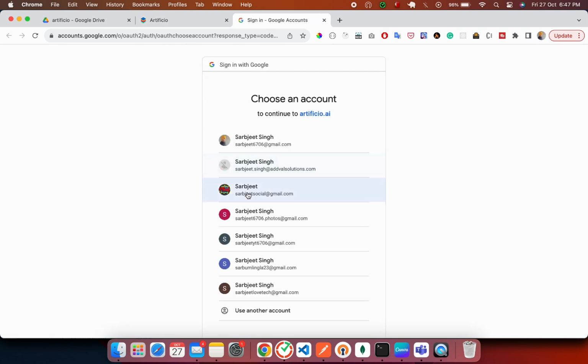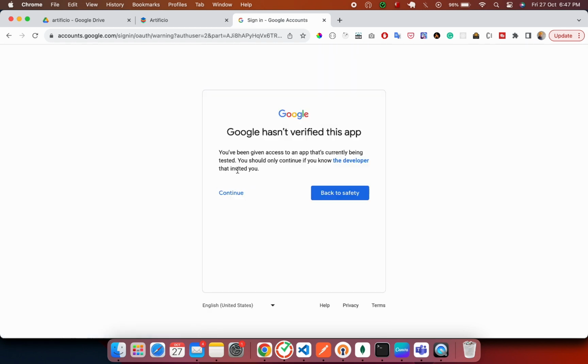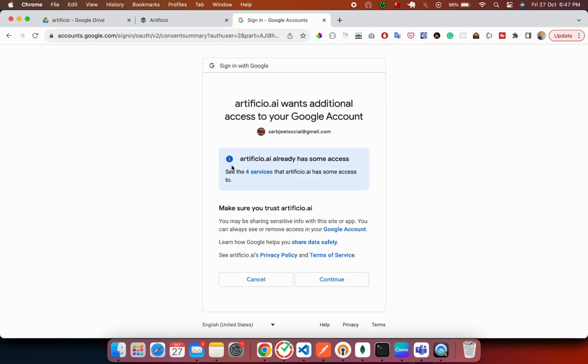we can select any email account, and this is artificio.ai, that's app URL, and this is in the verification mode. So here you can see the client ID of our application. So here's the client ID in the URL,